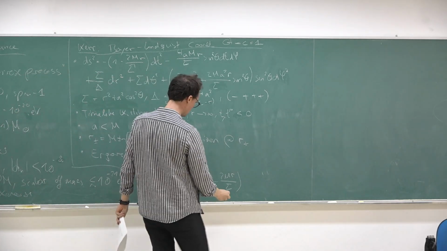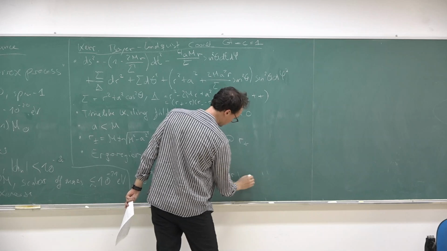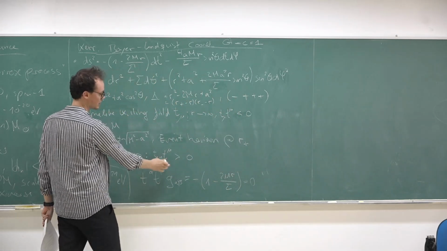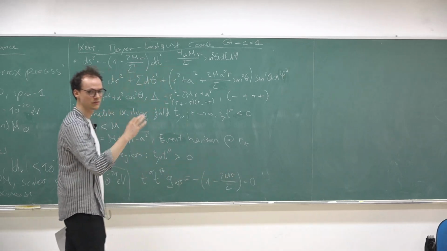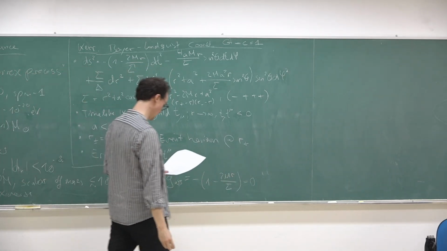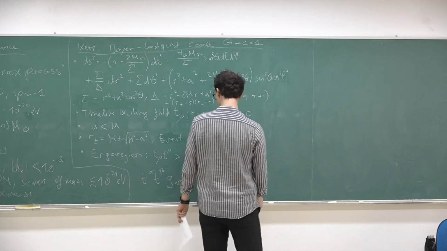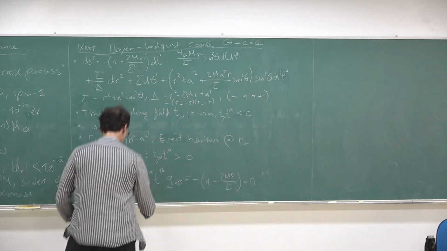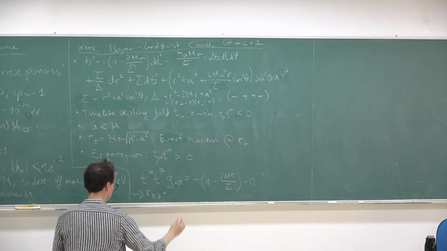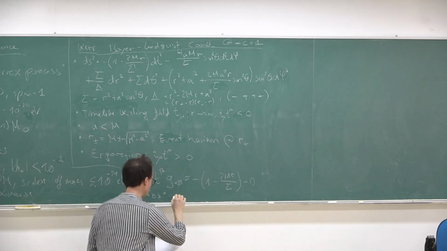The question is, where is this equal to 0? Because we know asymptotically it's negative, and inside the ergo region it is positive, so on the surface of the ergo region it must be equal to 0. A little bit of algebra will tell you that the ergo surface sits at